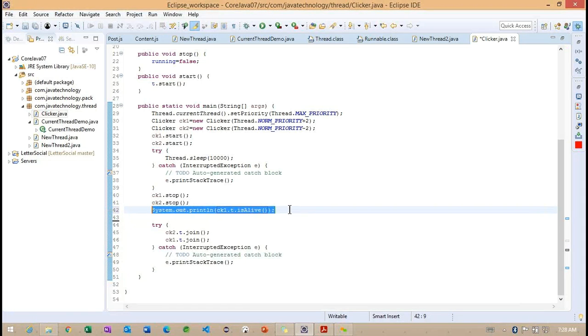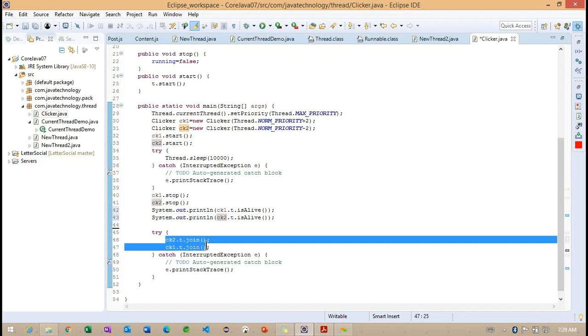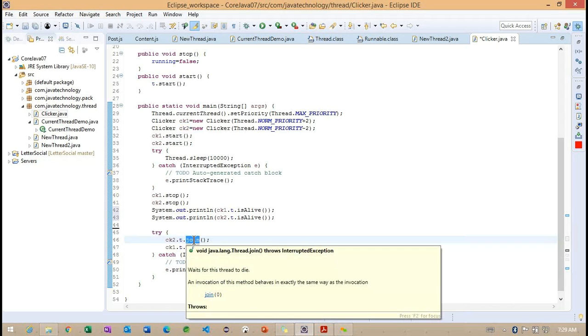So we'll try to check these two methods here. And we already identified that whenever we are calling this particular join method, the current threads are going to terminate. So until the current thread terminates, the join method is going to wait here.